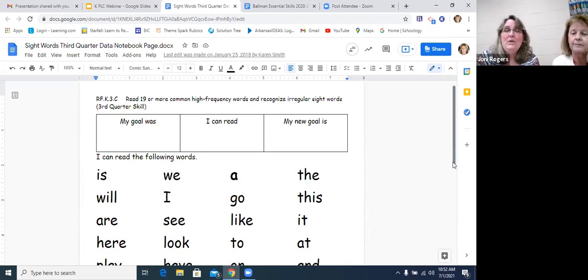And I will say, when we started with data notebooks, we were overzealous. I think we had all of our essential standards in this data notebook. We were going to assess all the 5 literacy, the 5 writing, the 5 reading. Oh my goodness. We started tearing out pages pretty quick. Right. Well, I think we lost some hair first.